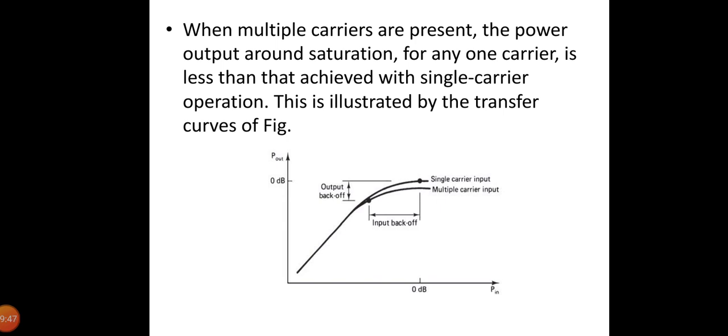As a rule of thumb, output back off is about 5 dB less than the input back off, as you can see in this diagram. The need to incorporate a back off significantly reduces the channel capacity of the satellite link because of the reduced carrier to noise ratio received at the ground station. Allowance for back off in the link budget calculation has to be dealt with.